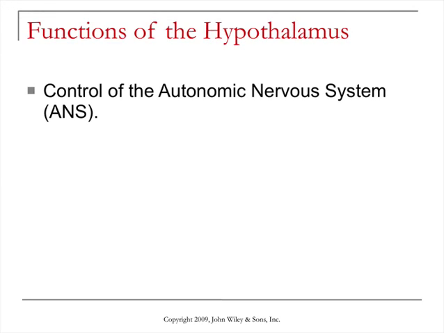The hypothalamus plays a role in the control of the autonomic nervous system. We'll have a whole chapter on the autonomic nervous system a little bit later on, but you might remember that the autonomic nervous system is a part of the nervous system that regulates the contraction of smooth muscle and cardiac muscle and the secretions of many glands. So through the autonomic nervous system, the hypothalamus is a major regulator of visceral activities. For instance, regulating your heart rate, the movement of food through the GI tract, and the contraction of the urinary bladder.